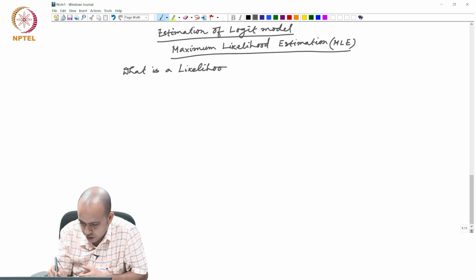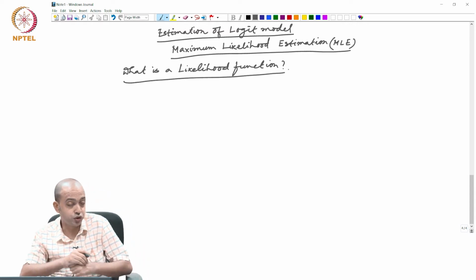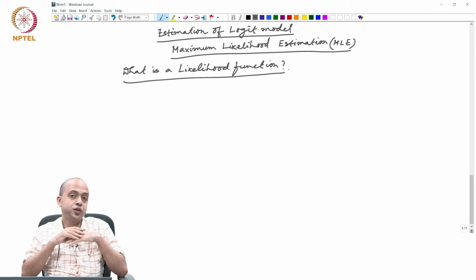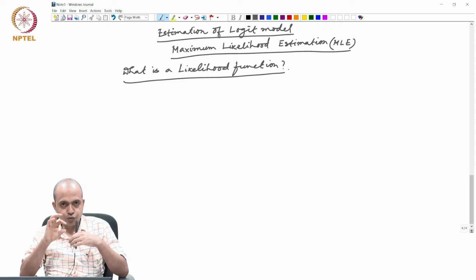What is a likelihood function? This is very important, likelihood function. Can you think of what is a likelihood function? The concept of likelihood function is actually closely related with probability distribution or probability density function. So, if you know probability distribution function or probability density function, then you can easily understand the concept of